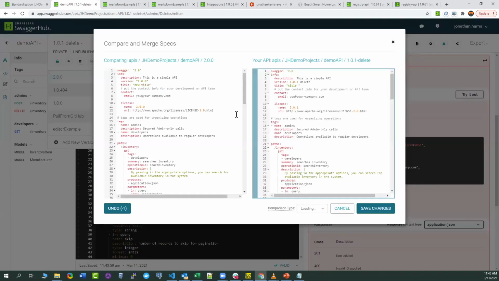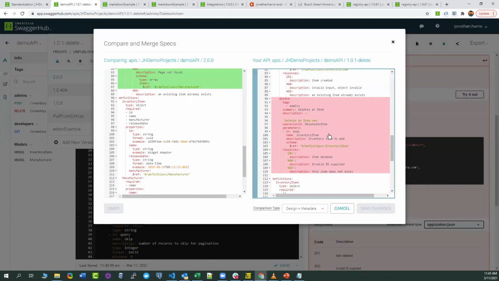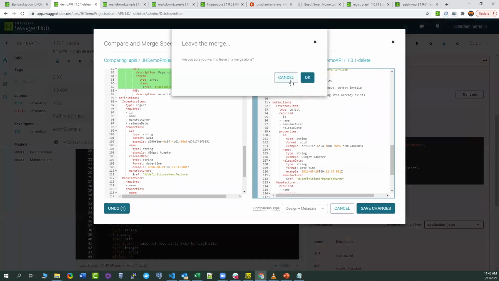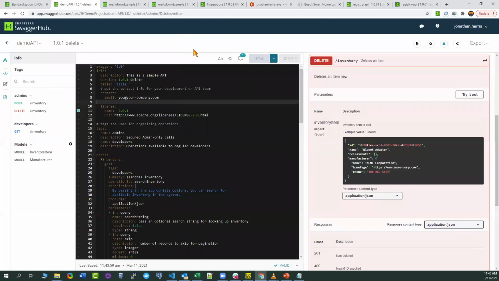So if I select that 2.0, it'll show me my new operations that are here, and I could just pull them over. Not going to do that here. Are you sure? Yep, I'm sure. So we can see that, similar to your Git tools here, I can just see the differences and pull in the methods that I did. My colleague can do the same, but eventually we'll have that 2.0 because we know that's our main goal, and